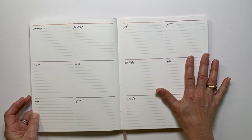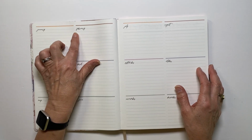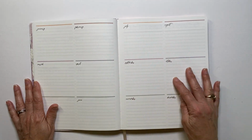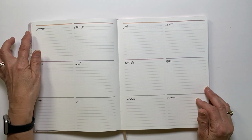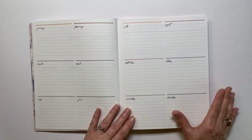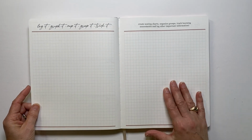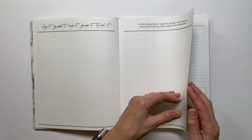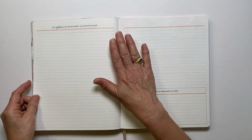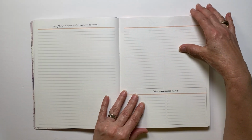So just very minimalistic looking. I love the cursive font that they have on here. So it starts with January and then goes all the way into December. Each accent line above it is the color of the month, that we'll see as we go through this. Here are your graph pages. So you have 1, 2, 3, 4 graph pages, and then you start July. So you have this muted gold tone here,